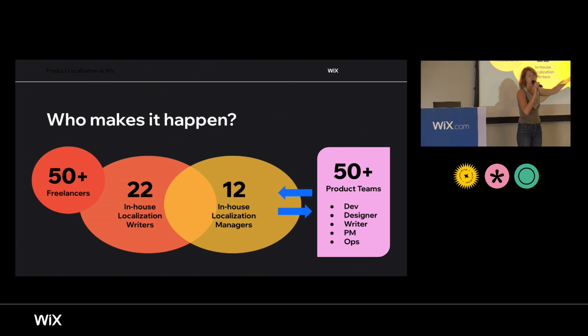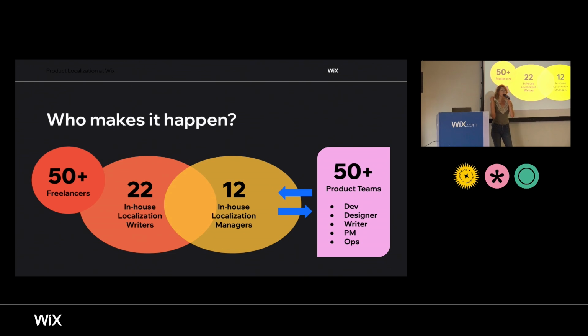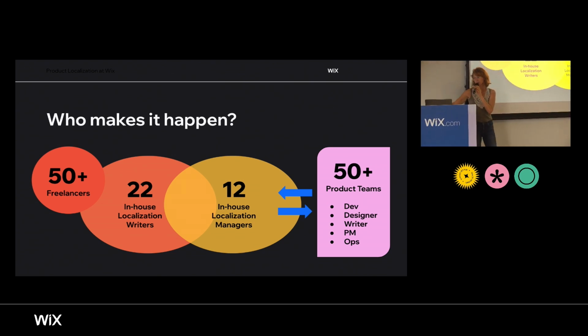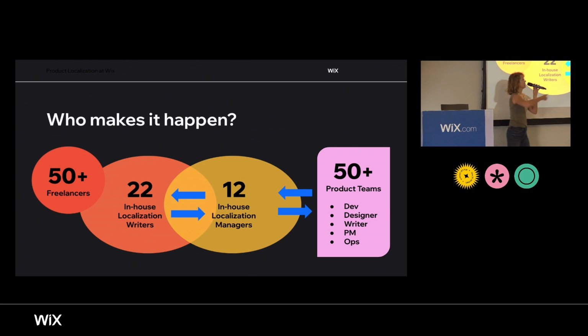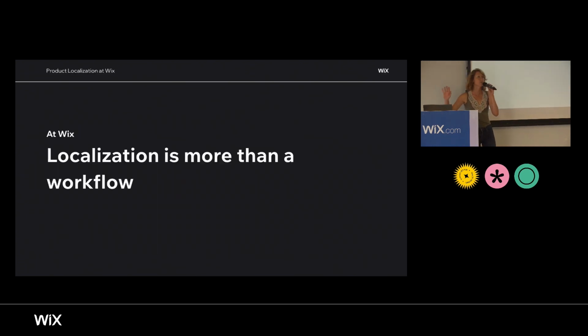These are the people who facilitate localization for our 50 plus product teams. And they are in touch with the developers, designers, writers, PM, ops, whatever they need to be in touch with, also data for these teams. And this is basically the flow. They need to be in constant communication with the product teams, and then in touch with our writers, and then things need to flow back and forth. It's more than a workflow at the end of the day. I know that I can show you this really cool diagram, but it's more about how we communicate with one another. It's super important. I'll leave it at that. Other people are going to talk about this later.